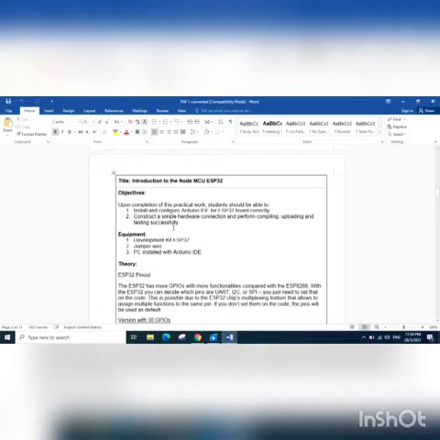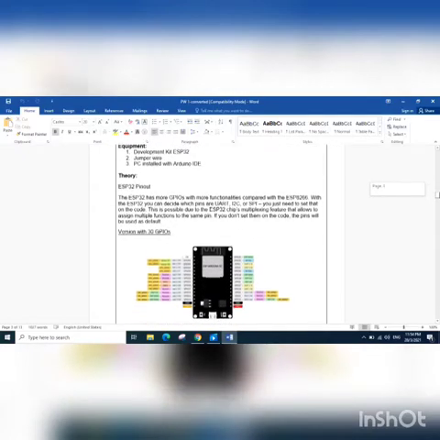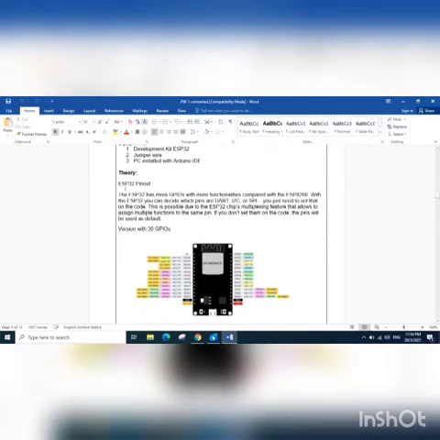The equipment we use is the ESP32 development kit, jumper wire and a PC installed with Arduino IDE. Theoretically, Lab 1 covers the ESP32 pinout. The ESP32 has more GPIOs with more functionalities compared with the ESP8266.